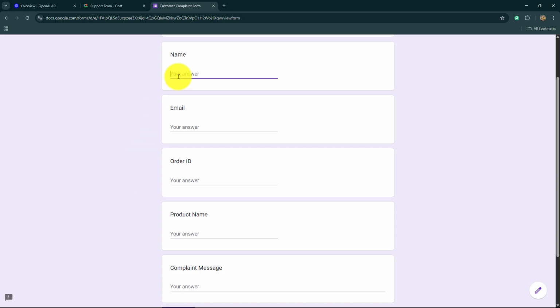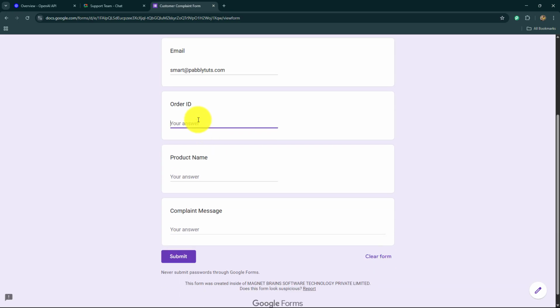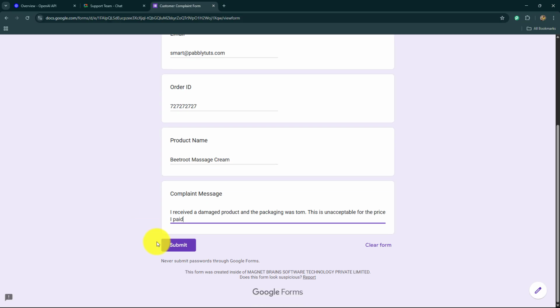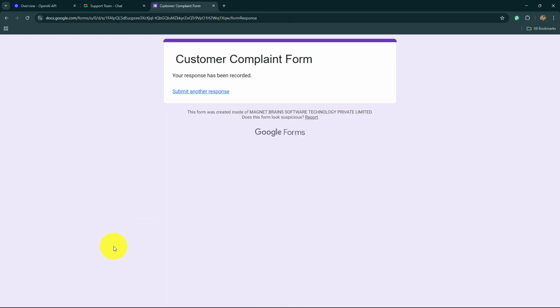So over here, I'm going to quickly submit this form in front of you. Let's say the name of the customer is Smart User. Let's say the email is, let's say the order ID is, the product name purchased by the customer is, let's say, Beetroot Massage Cream, and here we have the complaint. I have received a damaged product and the packaging was torn. This is unacceptable for the price I paid. When I submit the form, as soon as the form is submitted, I will take you to my